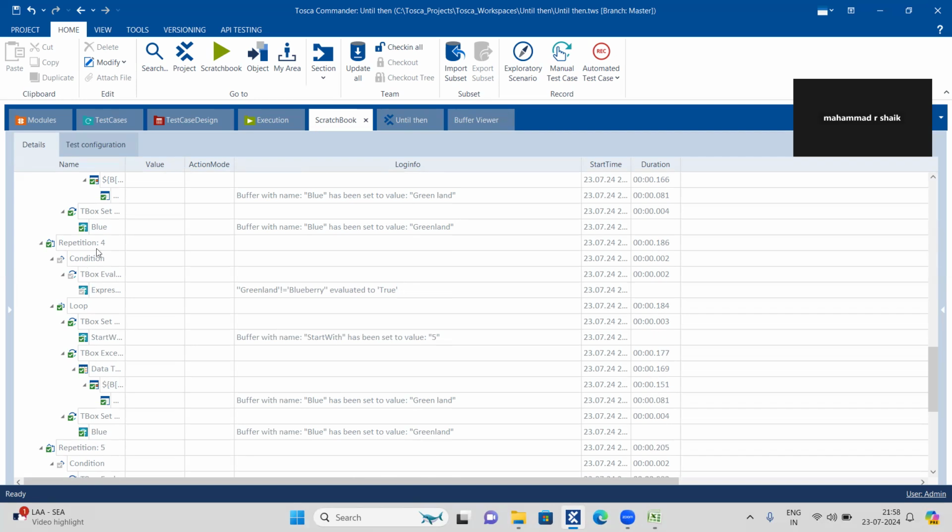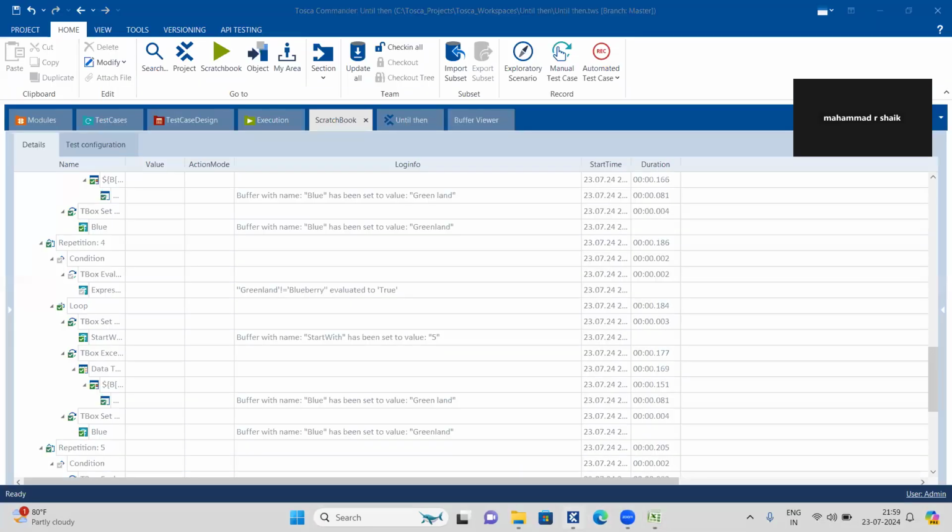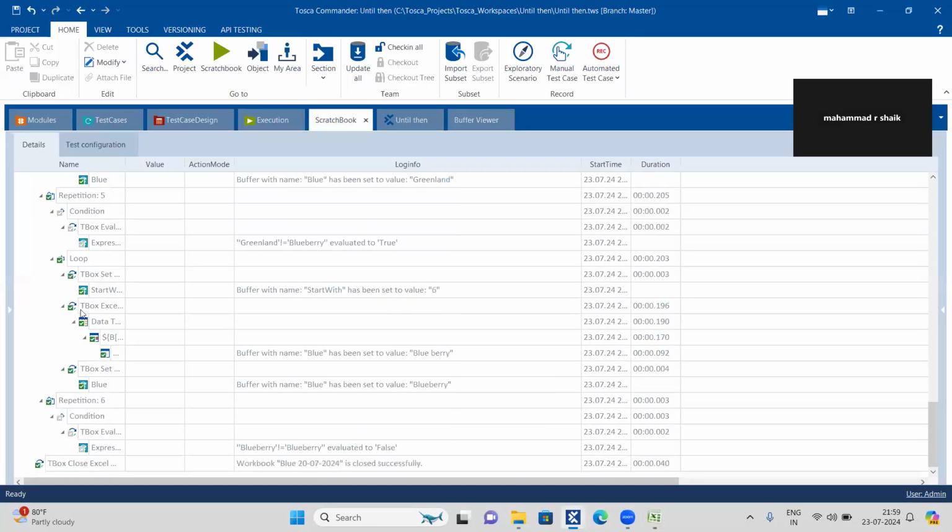Now it is repetition 4, which means the fifth row in the Excel sheet. So the fourth one is Greenland, and the fifth one is Greenland again. What we have to get is the blueberry's row number, which is 6 from here. 1, 2, 3, 4, 5, 6. So at 6,